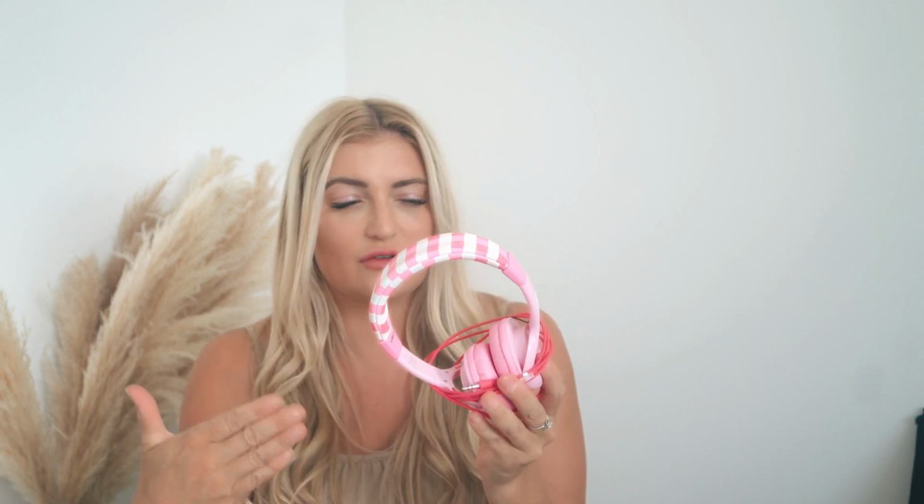I then packed her these child-friendly earphones, with child-friendly volume, comfy earphones. These were from Primark, I think, $9.99. The headphones they gave on the plane were like the little ear pod thingies, rubber ones, so she would not have got on with them. They do provide them, they're just not going to be child friendly or great for the sound. So I do recommend, even if you haven't got an iPad, if you're going on a long haul flight and you've got an entertainment system there, which is good for kids, definitely, I would take a pair of these